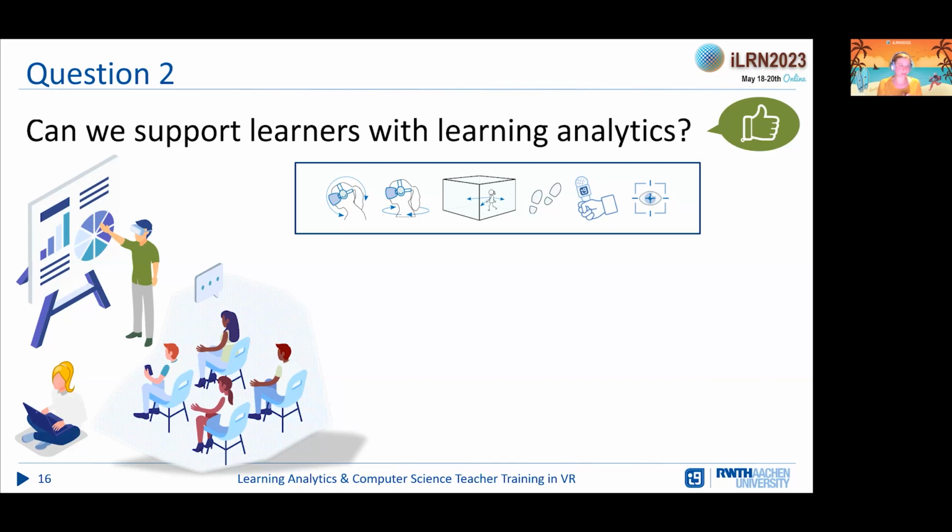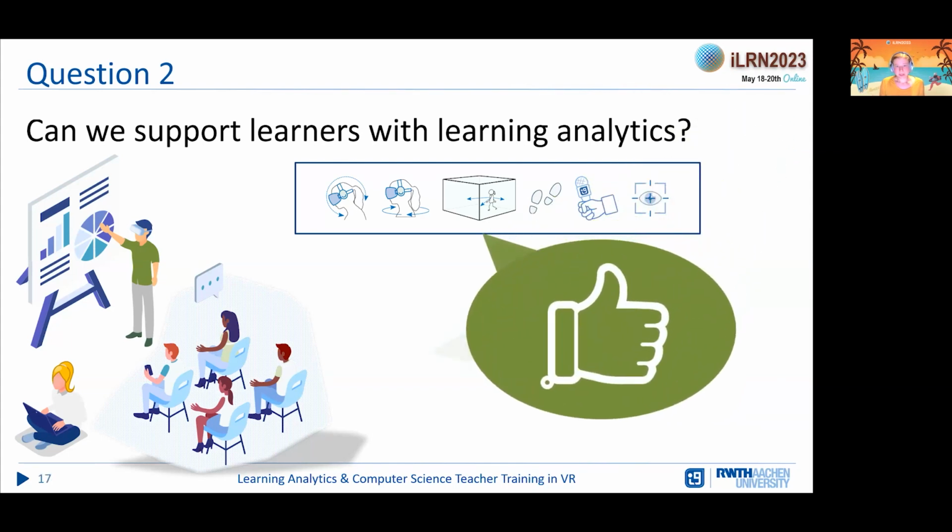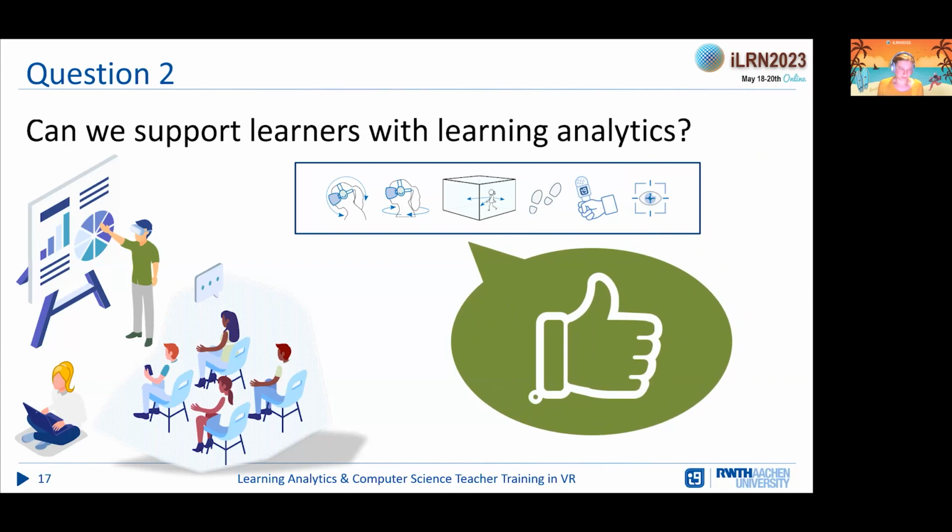We can use the same scenario for every teacher to check if there is a real difference between novices and experts, for example. And we can use many more data. How they move their head, if they are nodding when a student answers, and how they walk around in the classroom, what they are saying, and eye tracking. So all in all, yes, we can support them.